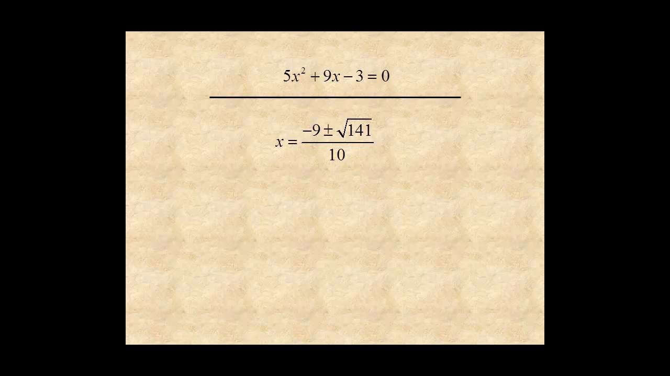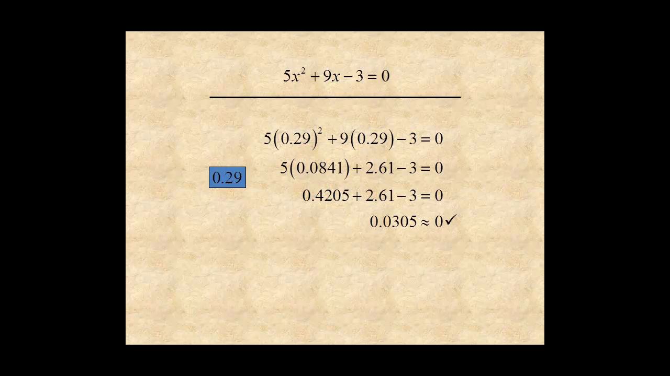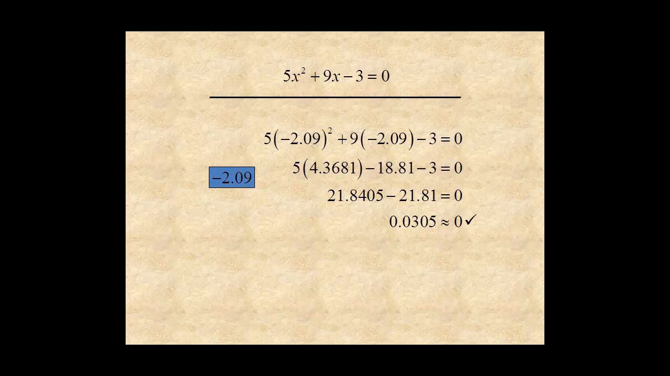Using a calculator, you can estimate solutions 0.29 and negative 2.09. Be sure to check the solutions. For 0.29 and negative 2.09,